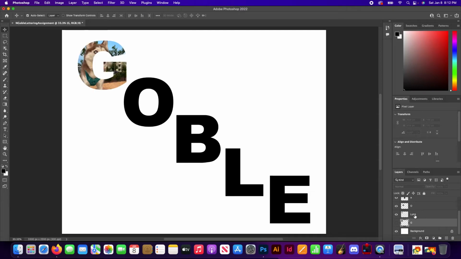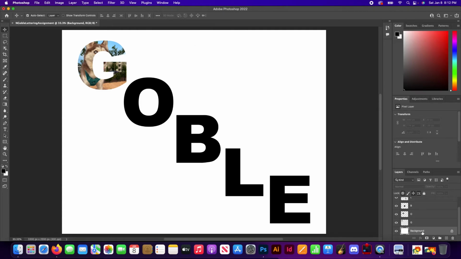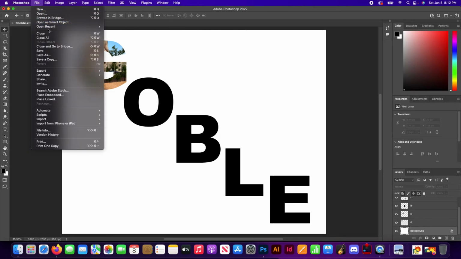And so I can always rename a layer in Photoshop just like I could with Illustrator. If I double click on it with the name, I can rename it as G. That means I don't need my letter anymore, the original letter, since it's already been changed. So I can either hit backspace or delete, or I could just hit the little trash can icon, make that original G go away. So the idea is that you're going to do that for every single letter. At the end, you wind up with something that looks like